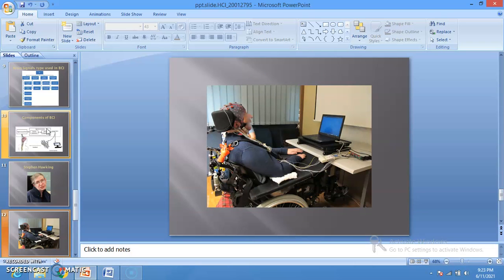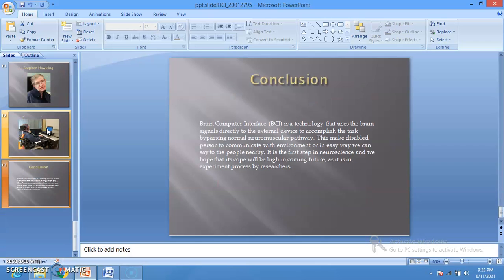And you can see here the exact display of the figure that I showed above in the components of BCI. Here the mind is directly connected to the device, laptop, and anything that he thinks or wants to do will be recorded or written in the computer, and we can see everything he wants to say to us. And the conclusion is